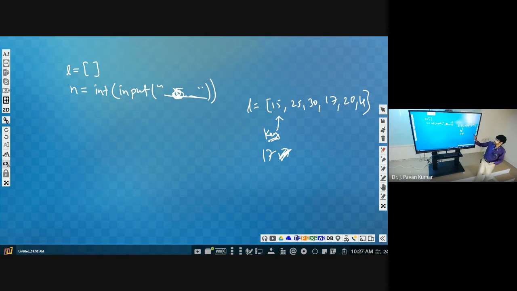Understand? Like that. So how can we get this list as the input? First of all, that's why L is an empty list. Afterwards, how many elements we want to enter, that you take as n. So how many here are we having? 6. So that you take as the input. While running, I may give 6, I may give 7, I may give 10. Those many elements we have to take as the input, right? So how can we take one element as the input first of all?